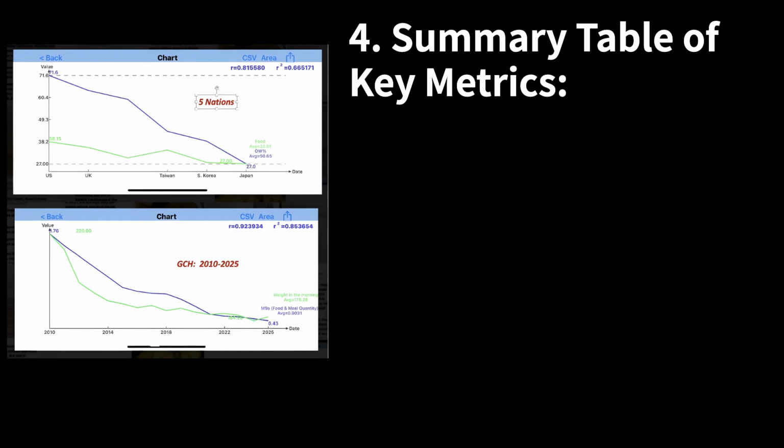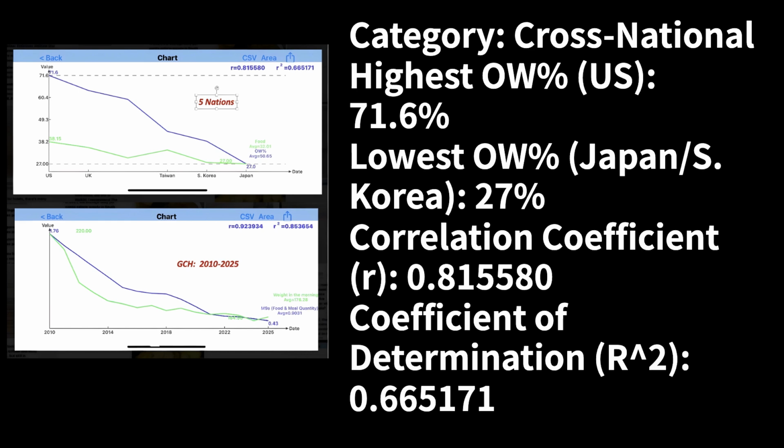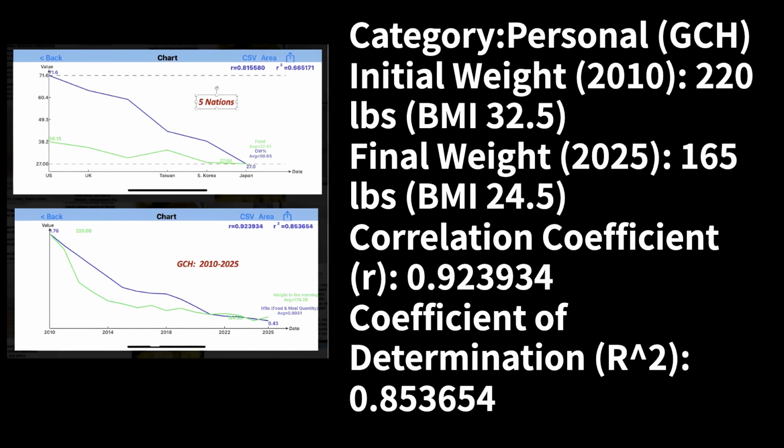4. Summary table of key metrics. Category, cross-national, highest % US, 71.6%. Lowest %, Japan, South Korea, 27%. Correlation coefficient, R, 0.815580, coefficient of determination, R squared, 0.665171. Category, personal, GCH, initial weight, 2010, 220 pounds, BMI 32.5, final weight, 2025, 165 pounds, BMI 24.5, correlation coefficient, R, 0.923934, coefficient of determination, R squared,